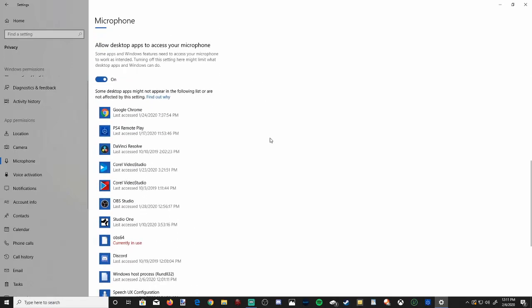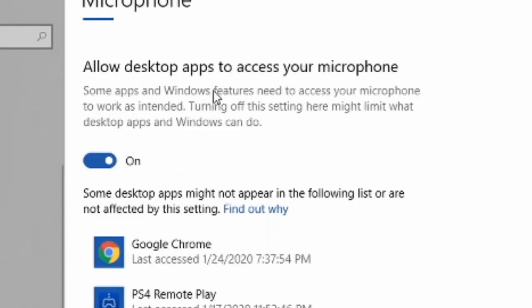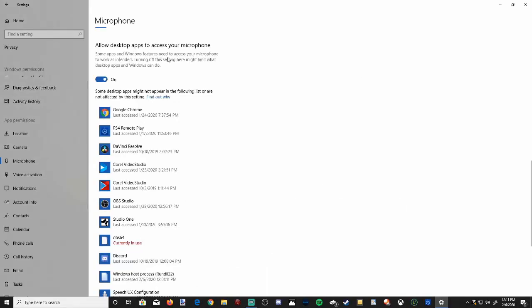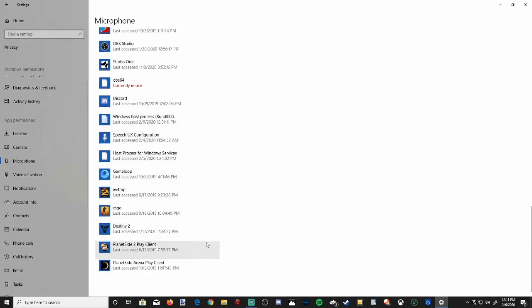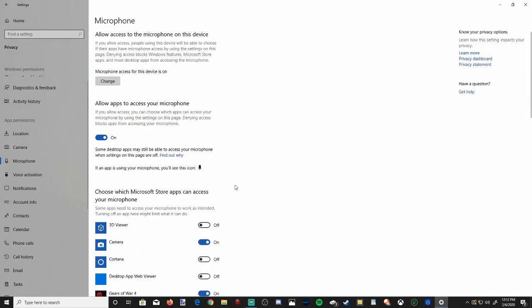And then keep scrolling down and make sure this is checked too. And this will give your microphone permission to allow desktop apps to access your microphone. Some apps and Windows features need access to your microphone to work as intended. And you can scroll down and find the applications that are in this list also. Alright, so once we have everything turned on under the privacy settings and the microphone section, let's go back